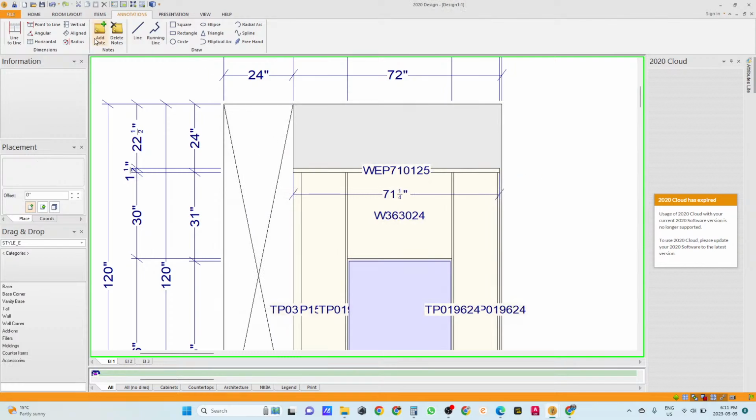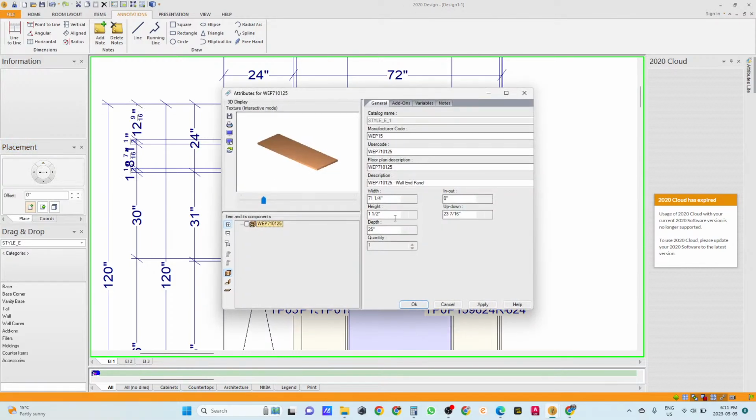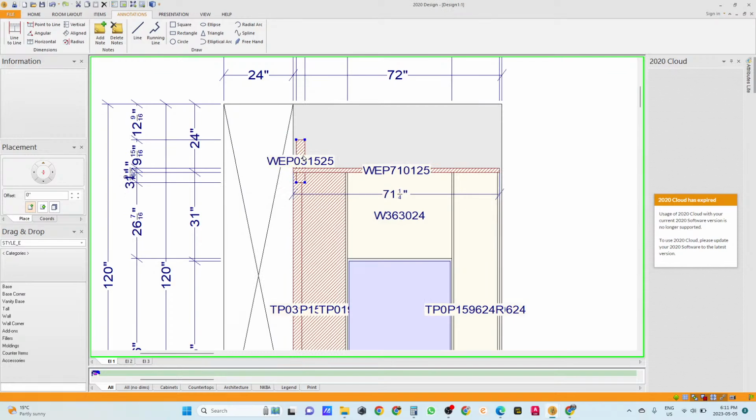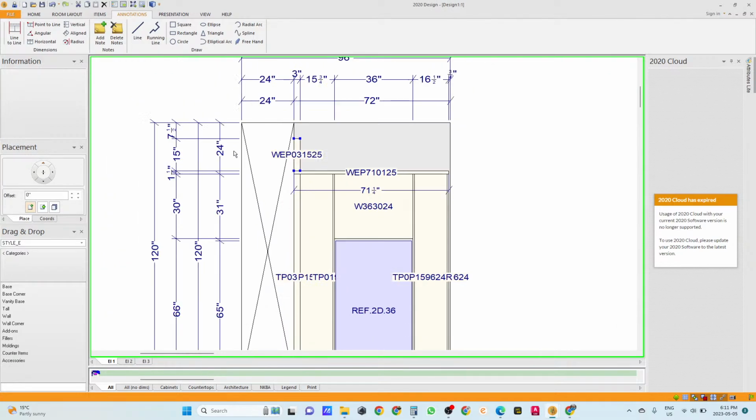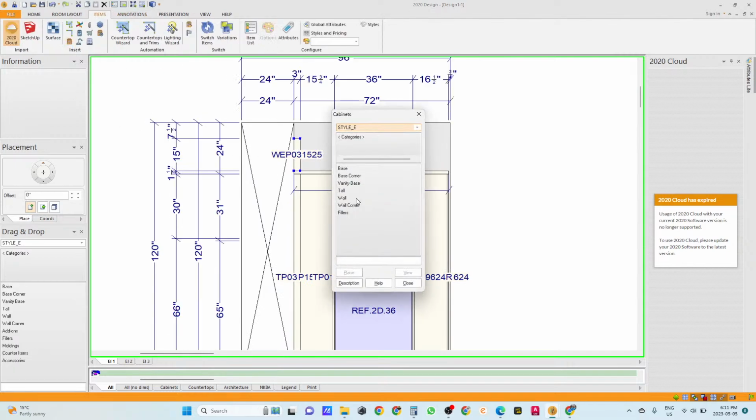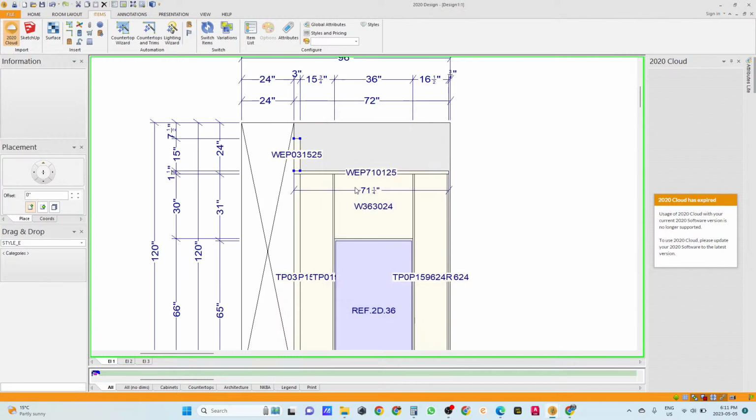Okay, and duplicate. So this is going to be 3, oh, 15, 3. Okay, then we have 7.5 inch, and here it's going to be a wall cabinet, 15, with door, 36,